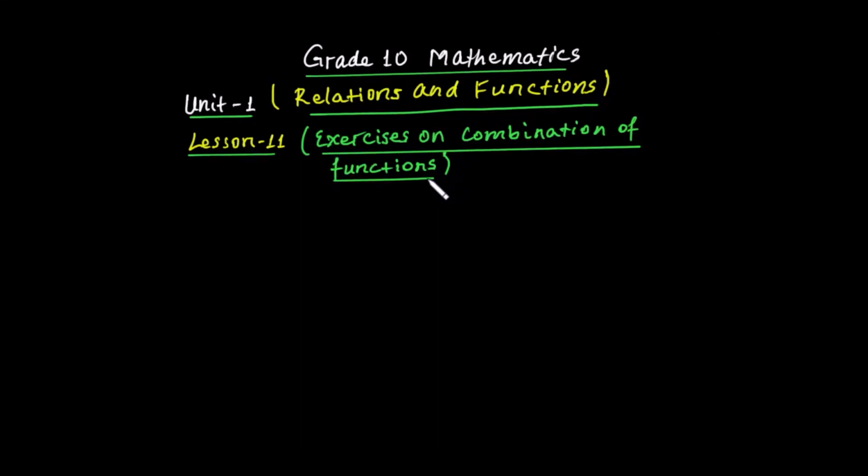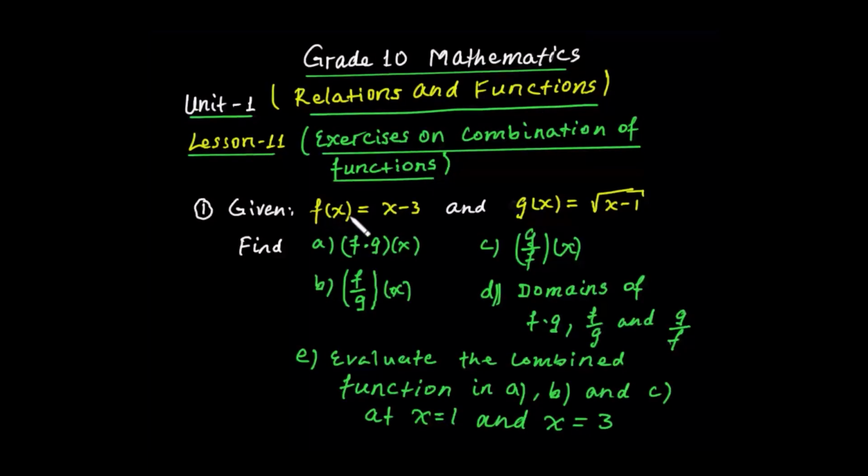መጀመሪያ ኤክሰርሳይዙን እንጻፈው። የመጀመሪያው ጥያቄ given f of x equal to x minus 3 and g of x equal to square root of x minus 1 ነው። ስለዚህ find አምስት አሉን። a f times g of x combining by multiplication ማለት ነው። b f over g of x, c g over f of x, d domains of f times g ላይ ያየናቸውን f over g and g over f, e evaluate the combined functions in a b and c above ማለት ነው at x equal to 1 and x equal to 3። ስለዚህ እነዚህን ጥያቄዎች እስቲ አንድ ባንድ እንስራ።